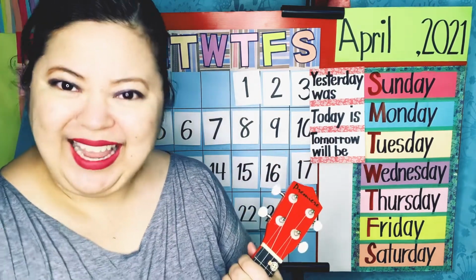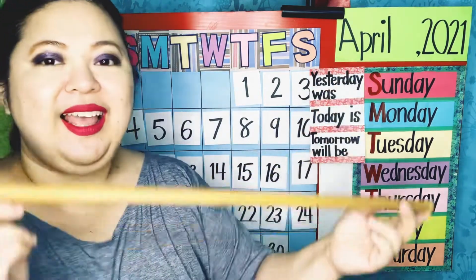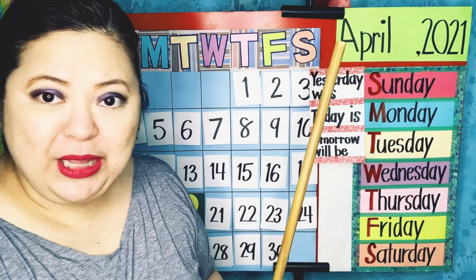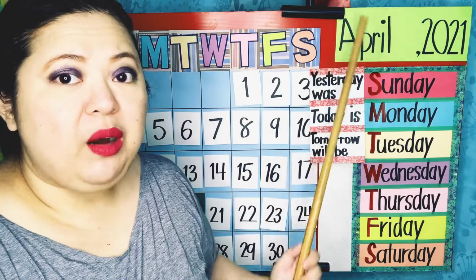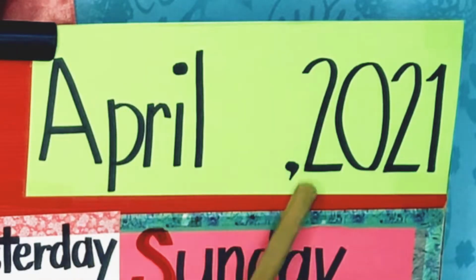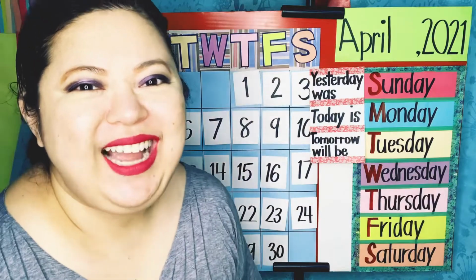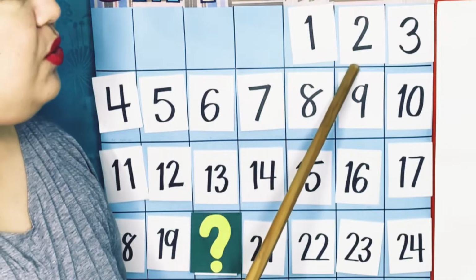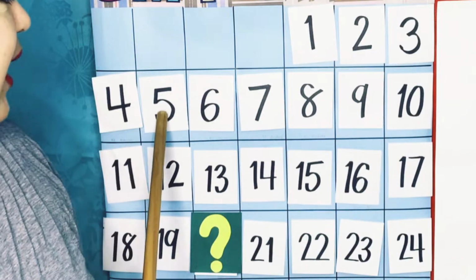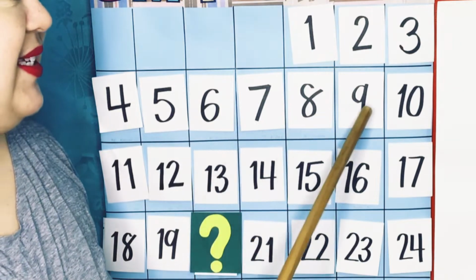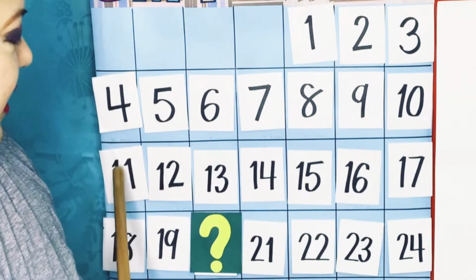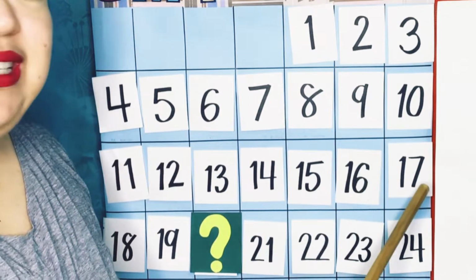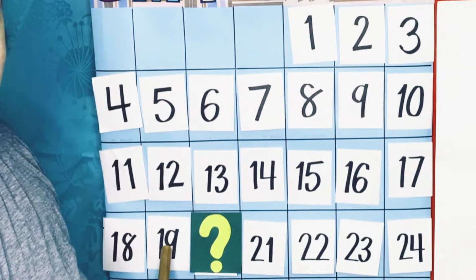Hello everyone, let's begin! I'm going to use this brown wooden stick to point to my calendar right behind me. Now it's time to count how many days have passed this month of April, the year 2021. We will start counting from the first number found on our chart. 1, 2, 3, 4, 5, 6, 7, 8, 9, 10, 11, 12, 13, 14, 15, 16, 17, 18, 19, and